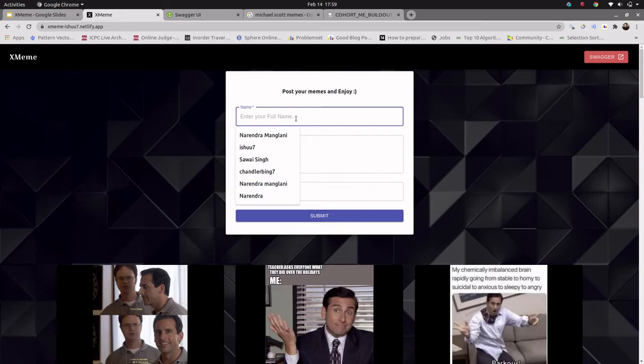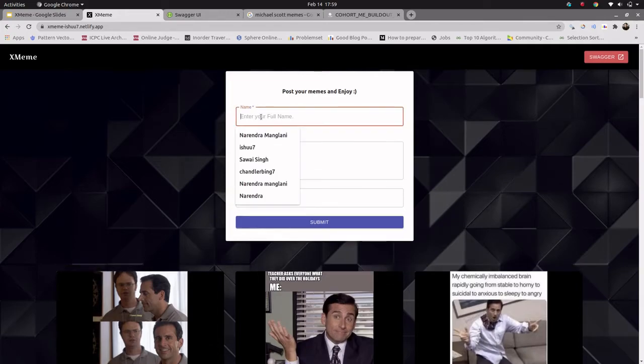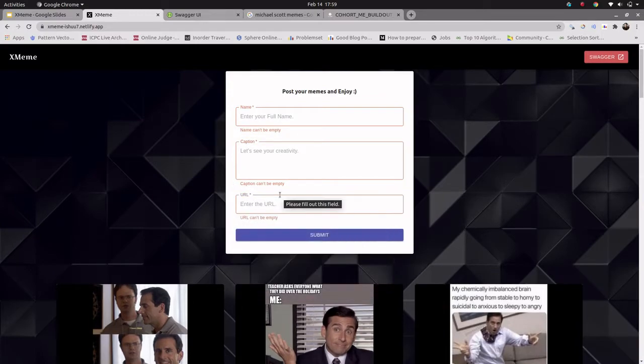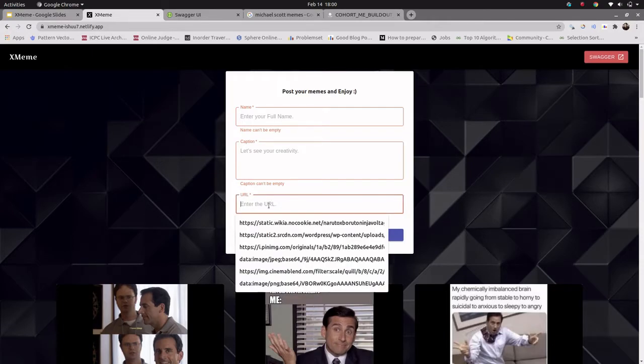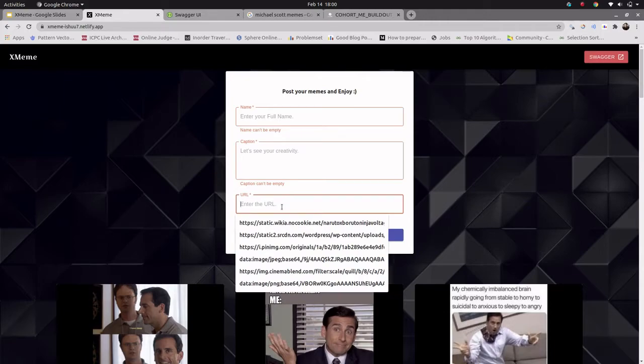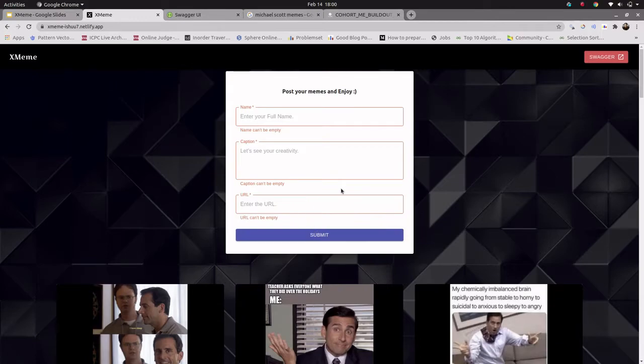I've also implemented validation for the form, so the user cannot leave any field empty. That's the very basic validation. The main validation part for the form is URL validation. Basically, you cannot put just any URL in here. You have to put an image URL to post this particular meme.